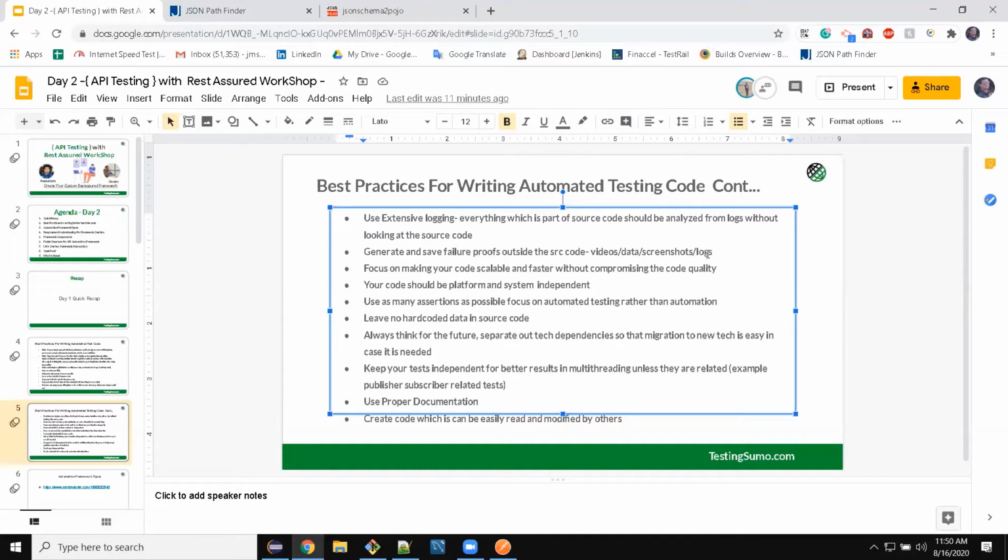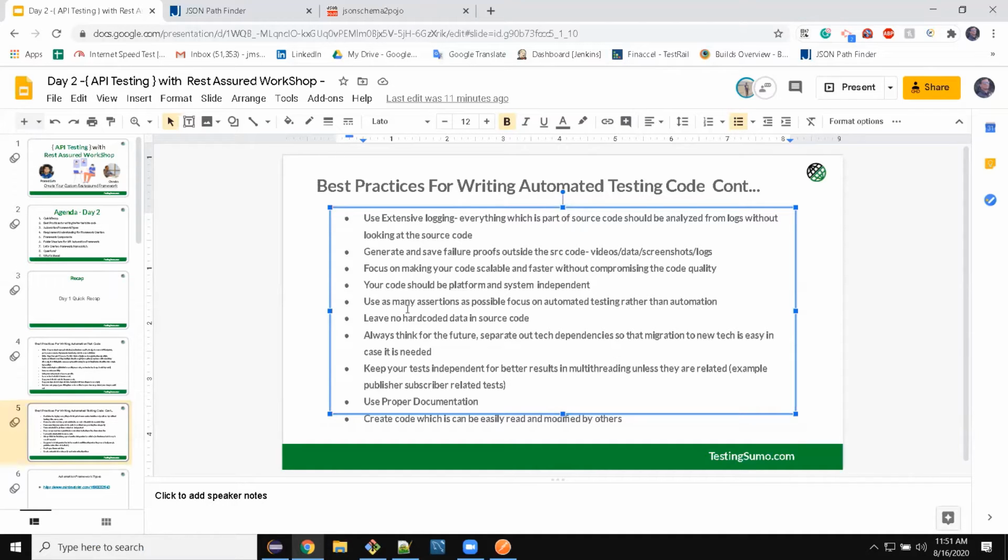In today's world where everything is CI/CD, you need feedback in 5 to 10 minutes, especially for API. You can't take more than 5 minutes, even with dependencies on cron jobs and so on. You need to find a way to make this faster and scalable without compromising code quality, I mean, without hard-coded waits or hard-coded data. Always think that I need code quality, and with this code quality, can I improve my code to make it faster and scalable, and only follow that path rather than different paths.